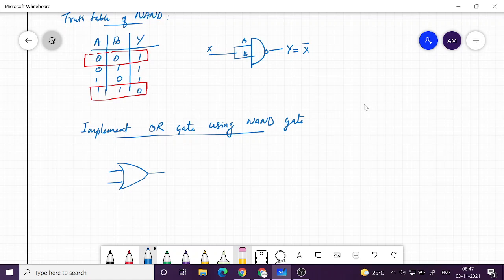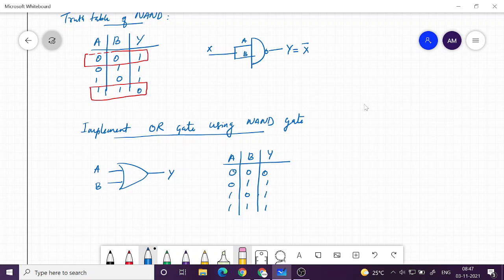So this is the OR gate. It has two inputs and one output, like this. And if you look at the truth table of the OR gate, A, B, you have 0, 0, 0, 1, 1, 0, 1, 1. It will give you 1 when any of them is 1.